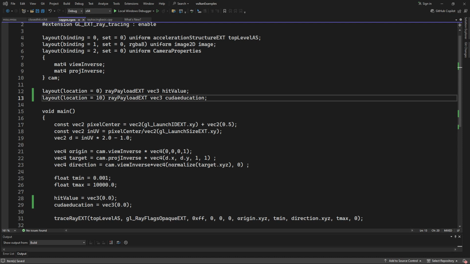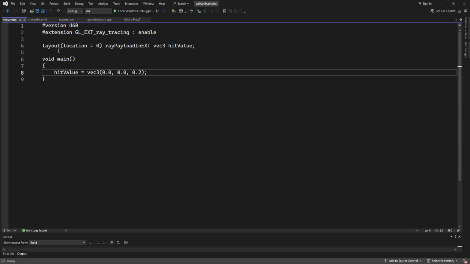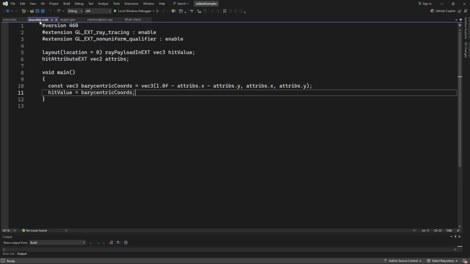I just wanted to finish out this hit value discussion. I'm waiting for it to compile, so I'll just discuss. Notice that we have a closest hit shader, location 0, and we have a miss shader, location 0, hit value, and then these guys here. Okay, so what we want to do is